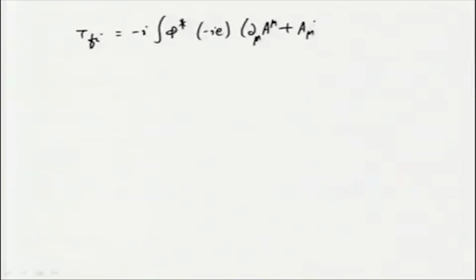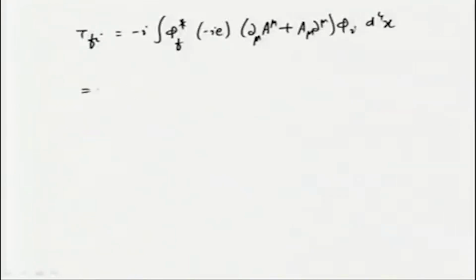Now, let us take this T_fi and look at it closely. Phi star, minus i e (∂_mu a^mu plus a^mu ∂_mu) phi I d4x